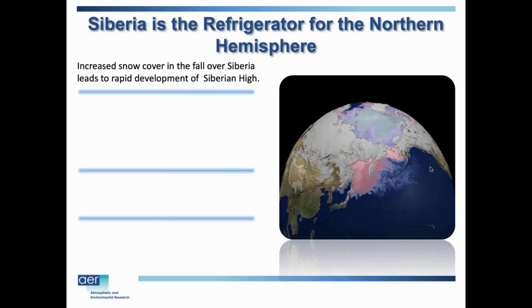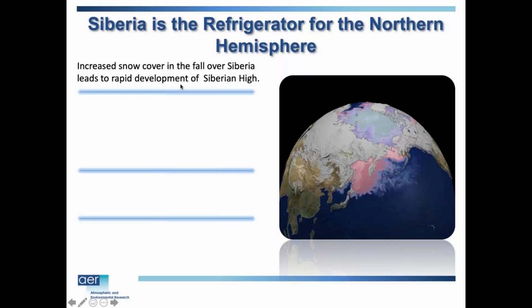Okay, so early on, our thinking was pretty simplistic. Like I say, Siberia is the refrigerator of the Northern Hemisphere, and often when we get these cold air outbreaks, people call it the Siberian Express. The thinking was, we first found this relationship and were trying to find the physical mechanism to explain it. You have this snow cover that makes a great expansion across Siberia in October. So you have more rapidly expanding snow cover in the month of October.